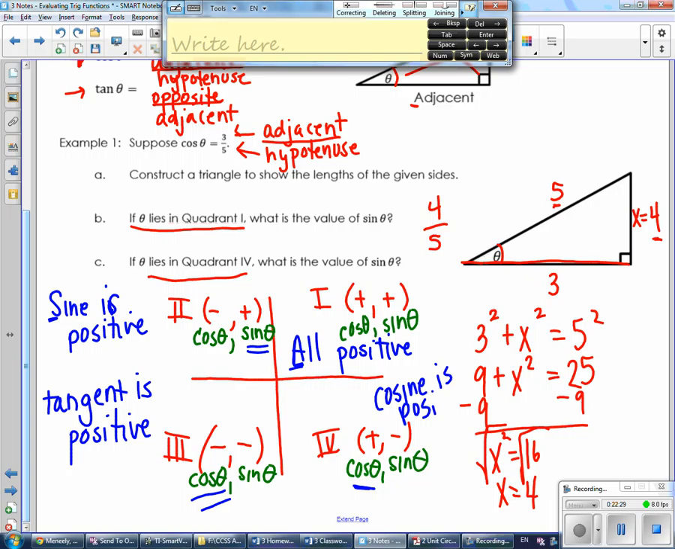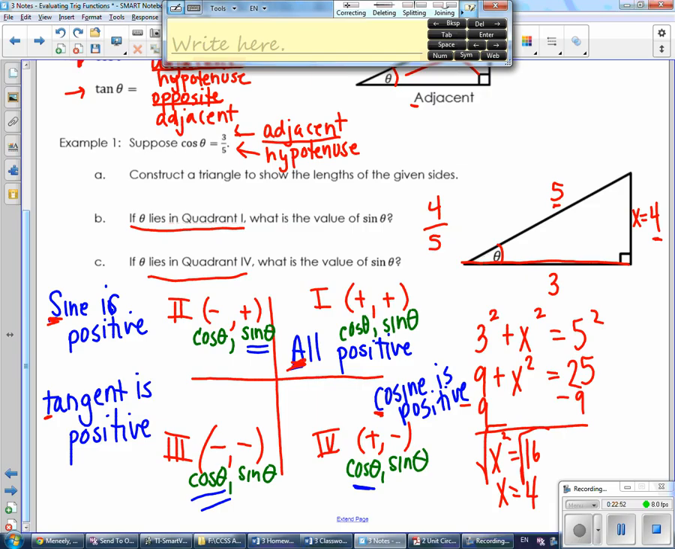And there's an easy way to remember this. So we said that all of the functions are positive in quadrant 1. The sine is positive in quadrant 2. The tangent is positive in quadrant 3. And the cosine is positive in quadrant 4. And one of the things that I learned in school was that the way that you can remember the order